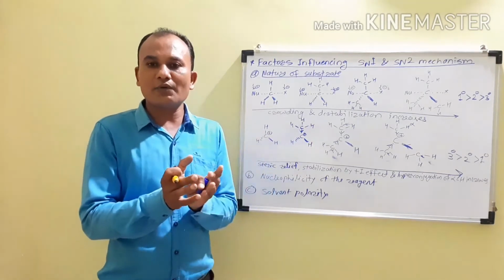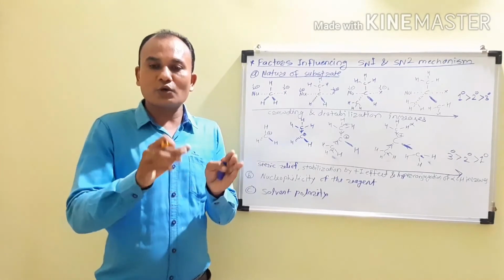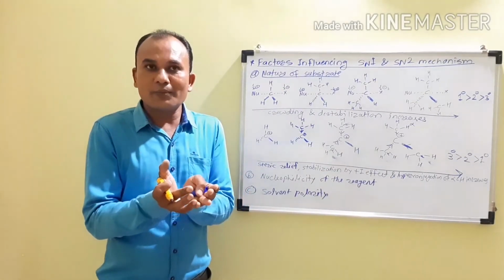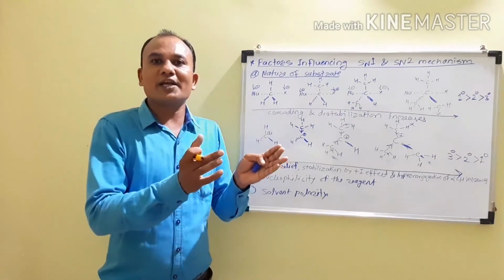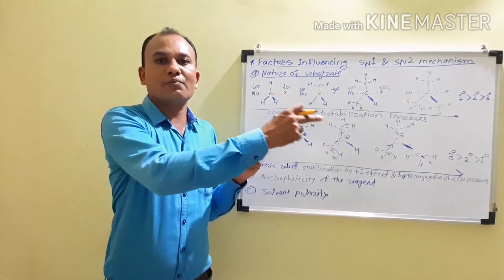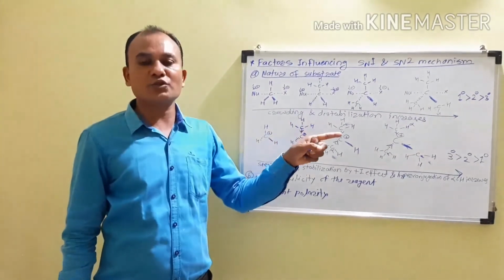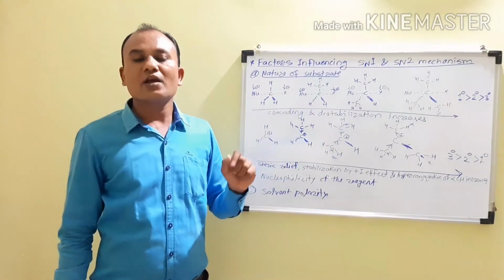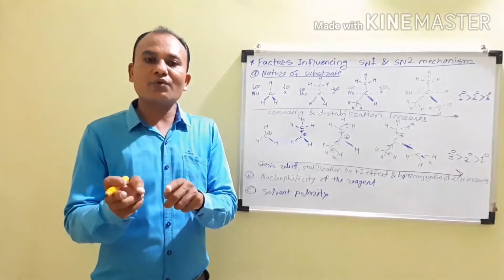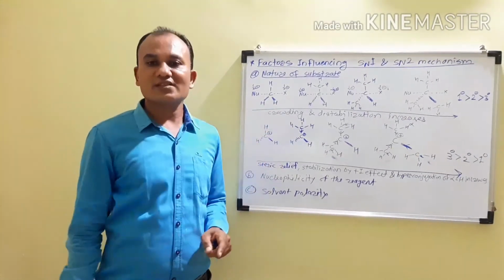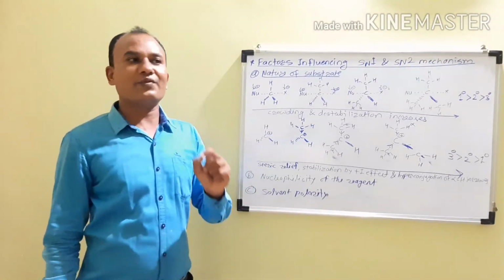Now what happens when we consider the SN1 mechanism? In the first step there is a formation of carbocation. In that case, if we are using a protic solvent, it stabilizes the nucleophile by solvation, and therefore it favors the SN1 mechanism, because in the slow step there is a breaking of the carbon and halogen bond and formation of carbocation, and the nucleophile gets stabilized due to the solvation, so it attacks in the second step. Therefore the polar protic solvent favors the SN1 mechanism.